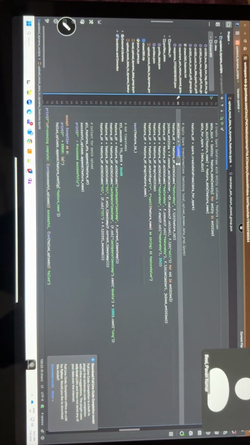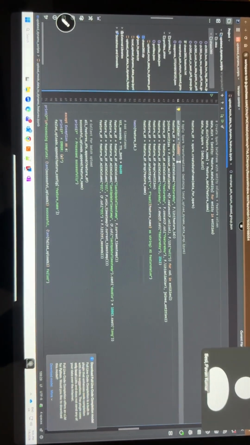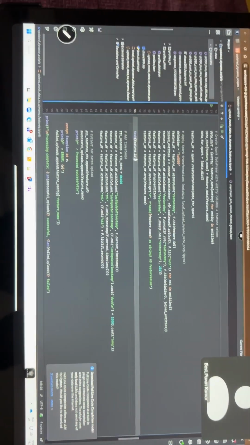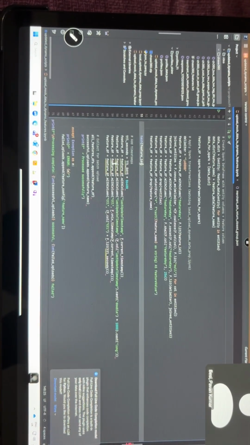This is nothing but the hash value of the delimiter, feature ID, hash, and then the